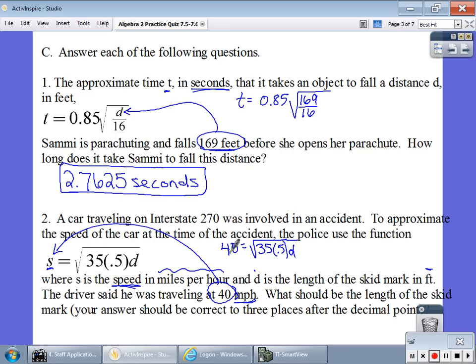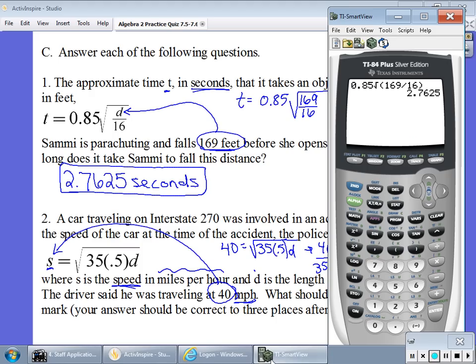Now to figure out who d is, what I'm going to do is I'm going to square both sides. So from there I have 40 squared, and when I square the square root, those cancel, we'll get 35 times 0.5 times d. So then I'm going to divide by 35 times 0.5 on both sides. And that'll figure out who d is right there. So we have 40 squared. I want to know who that is first. Whoops, not the inverse of 40, but the square of 40. That's 1600. Then I divide by 35